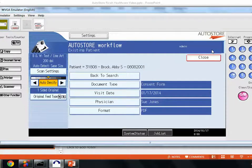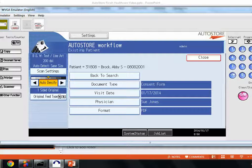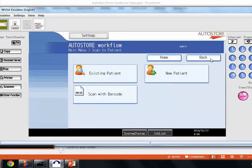Now I put the paper in the feeder and I select the start button. The document gets scanned in and my work is done. There's a tremendous amount of flexible things that we can do here. This is just one example, and we make it both easy to use and highly scalable. Let's look at